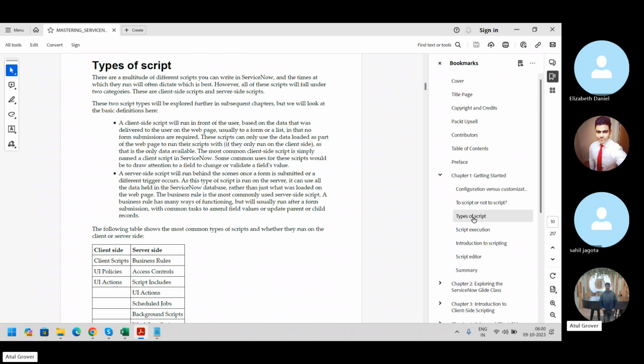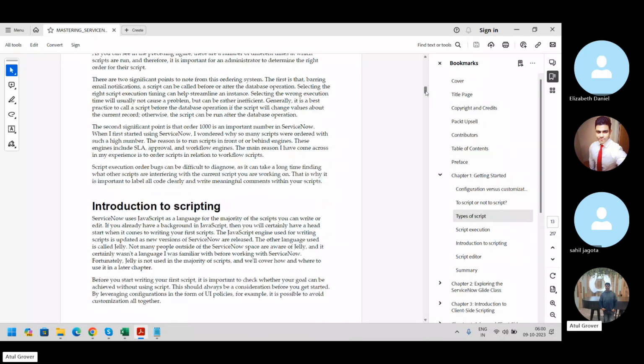Now, types of scripts. As a standard, we have,